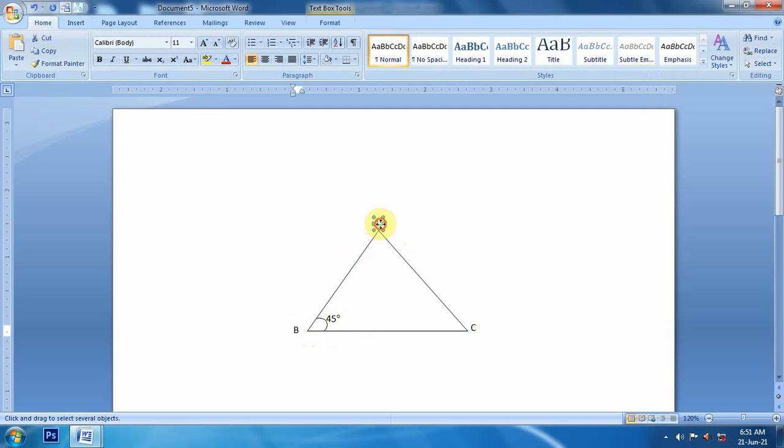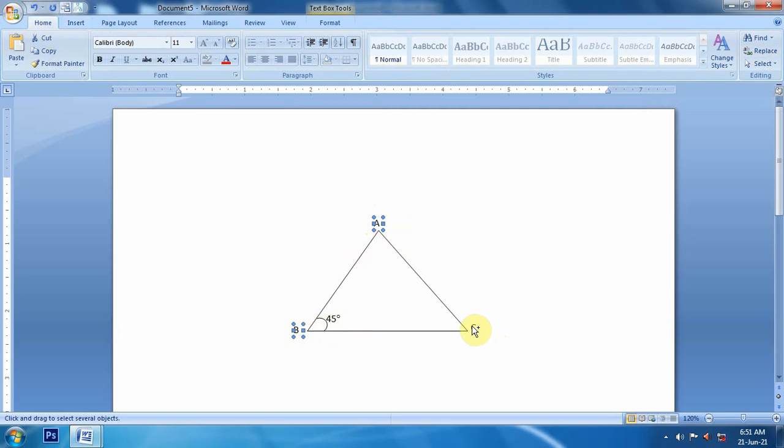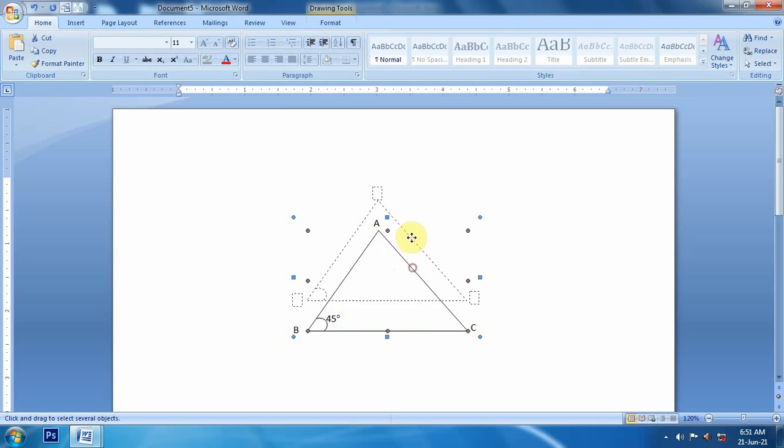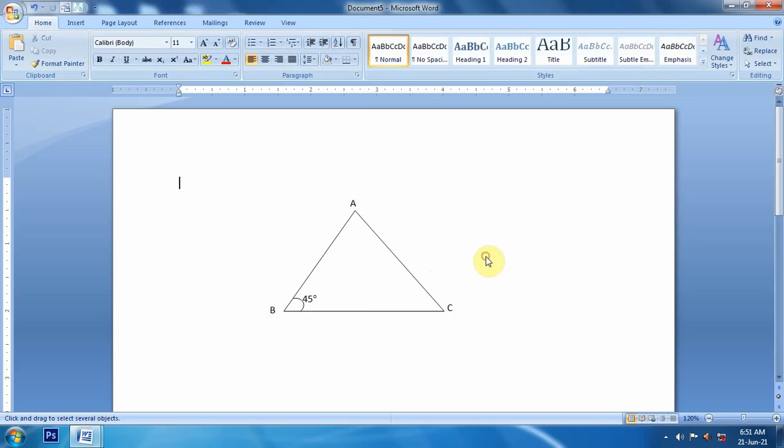I will click on it, Control click on it, with the Control key pressed, click on the arc and click on the shape. Now go to Text Box Tools, Group, and group all these shapes, so it will become a single shape now.